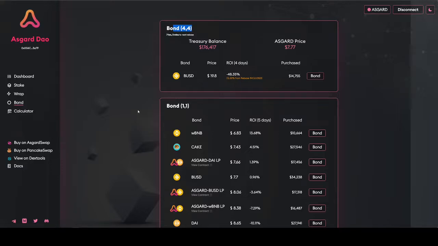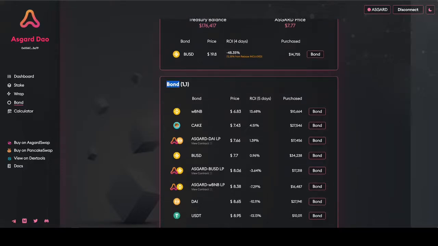But for this first one, let's talk exactly what bonds are. So bonds refer to the process of trading liquidity provider tokens for Asgard tokens, essentially at a discount, so below market price. With Asgard, the process of purchasing bonds has been simplified into a one-step process. Instead of having to purchase the LP tokens like you would typically on PancakeSwap,